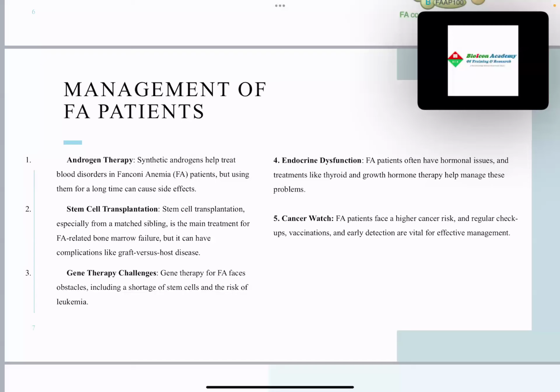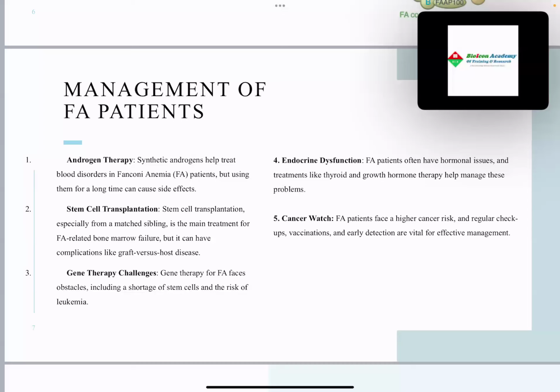In this situation, the graft refers to transplanted or donated tissue, and the host refers to the tissue of the recipient. So graft versus host disease is a systemic disorder that occurs when the graft's immune cells recognize the host as foreign and attack the recipient's body cells.